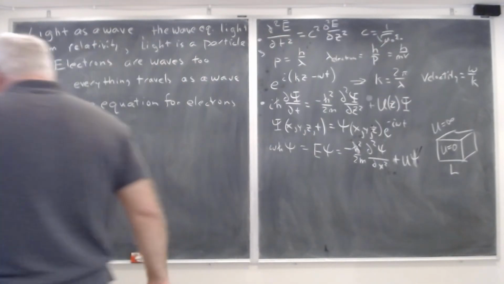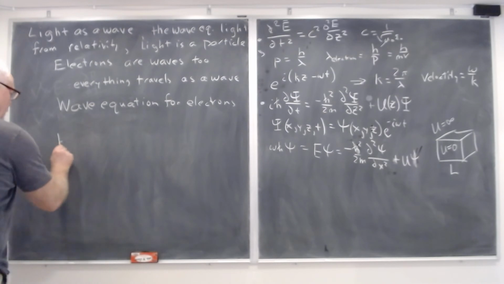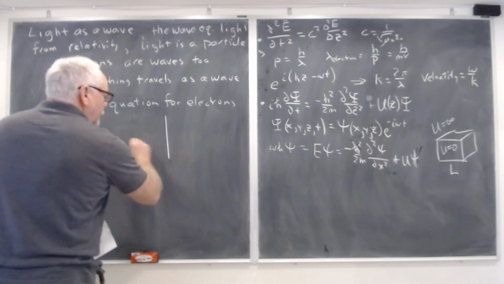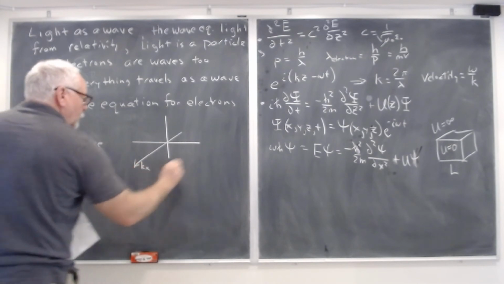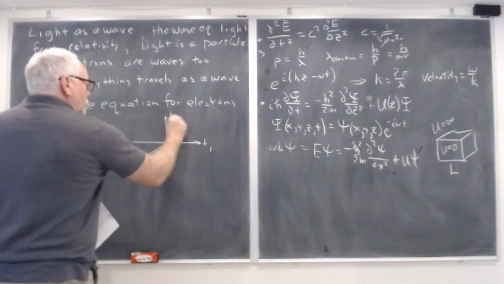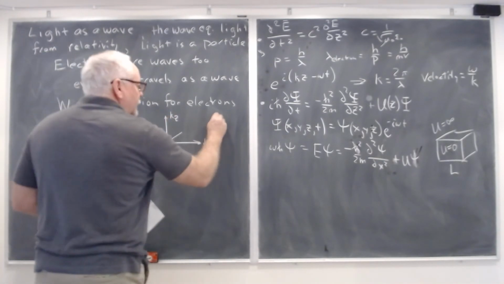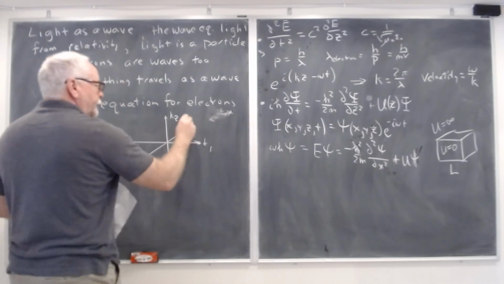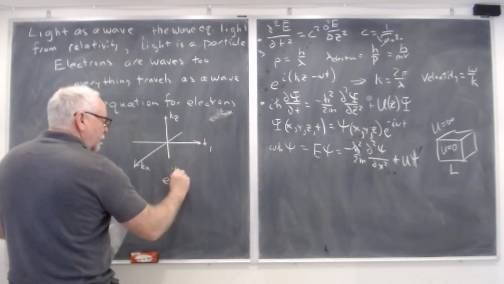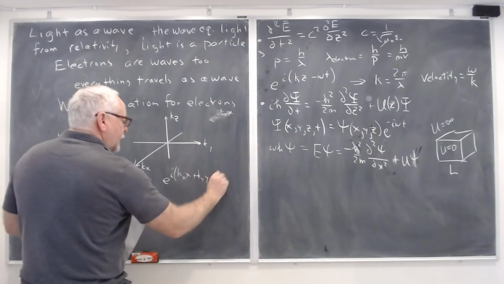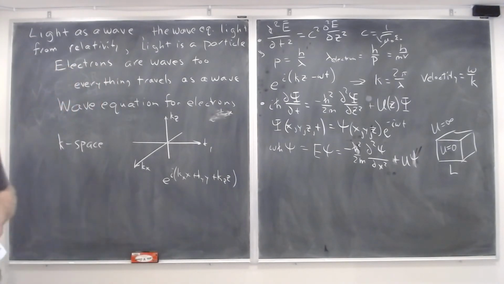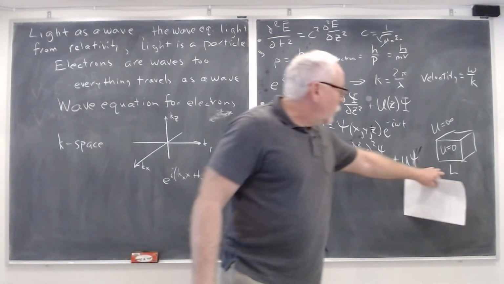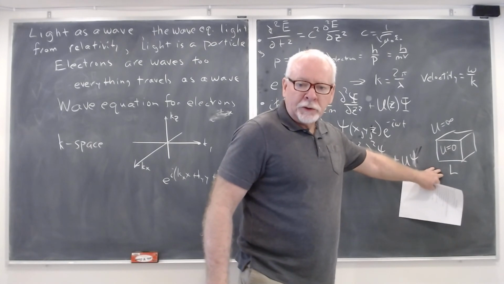And then when we do that, it leads to the solution of K space, which describes that the solutions e to the i, here I'll write it out, e to the i (kx x plus ky y plus kz z), that when you plug that solution into the time-independent Schrödinger's equation, with the potential of 0 inside the solid and infinite outside the solid,